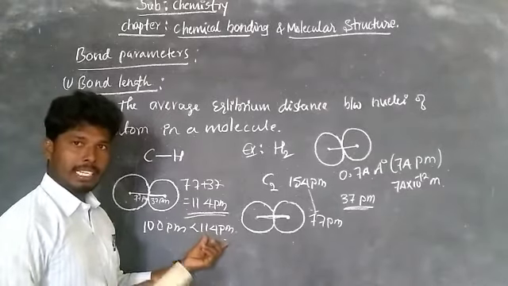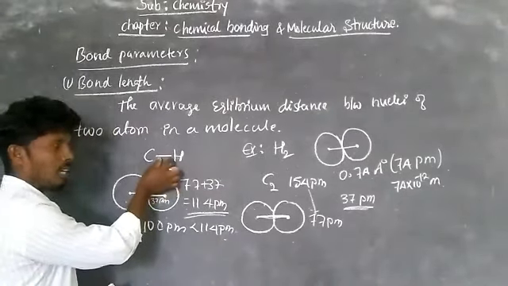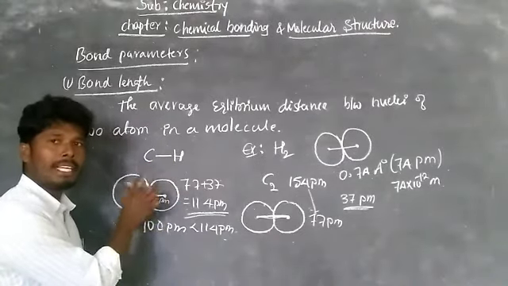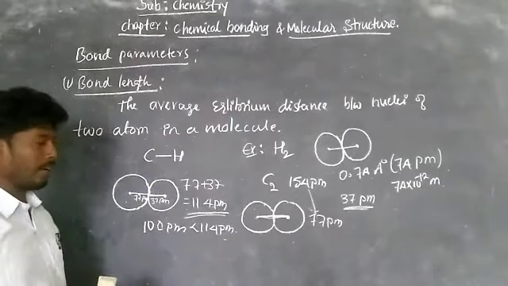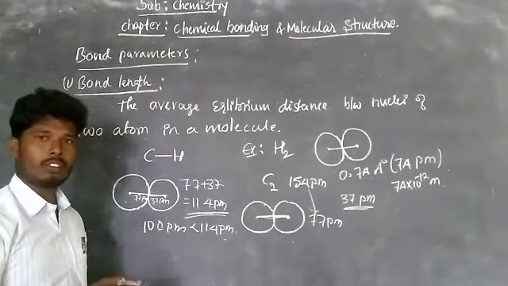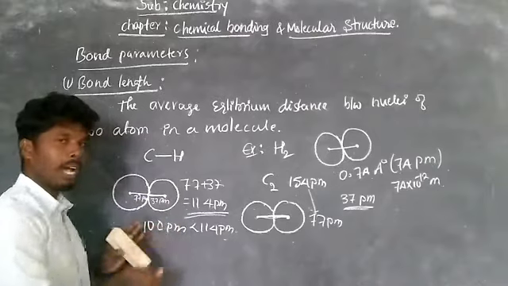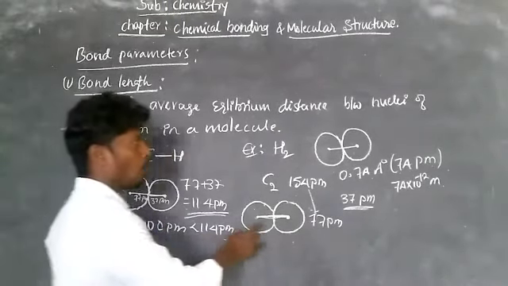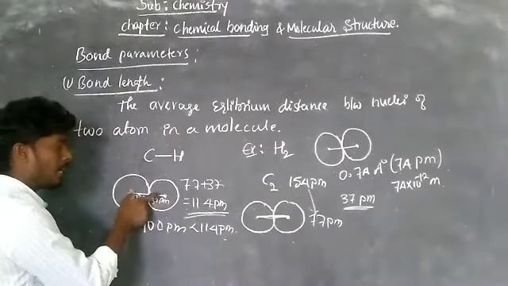It means in a heteronuclear diatomic molecule, the bond length depends on the atomic radii of the atoms, but not exactly. It can be a little less or more. Okay, so that is the bond length concept in homonuclear diatomic molecules of covalent atoms and heteronuclear diatomic molecules